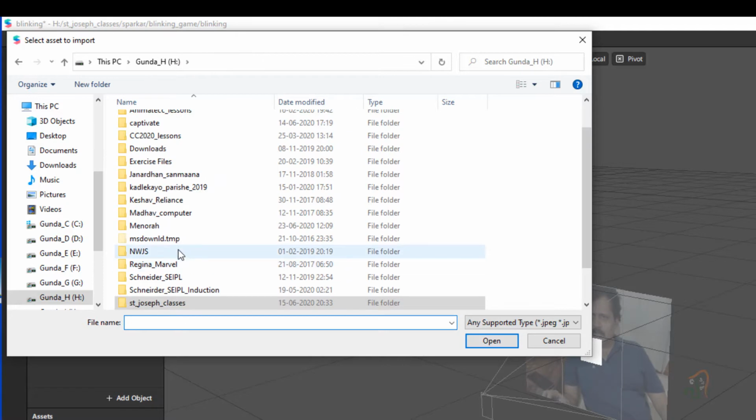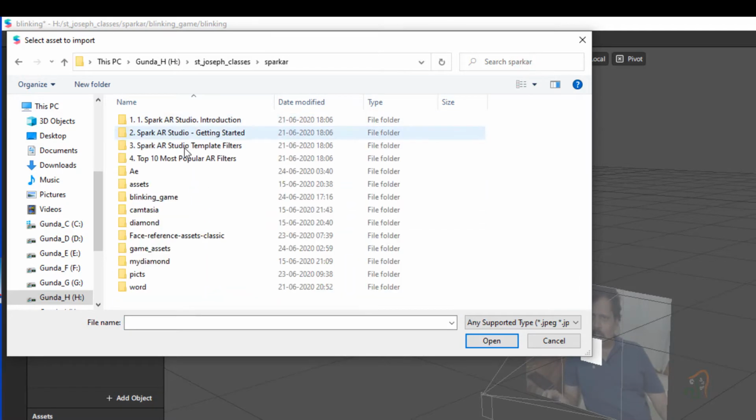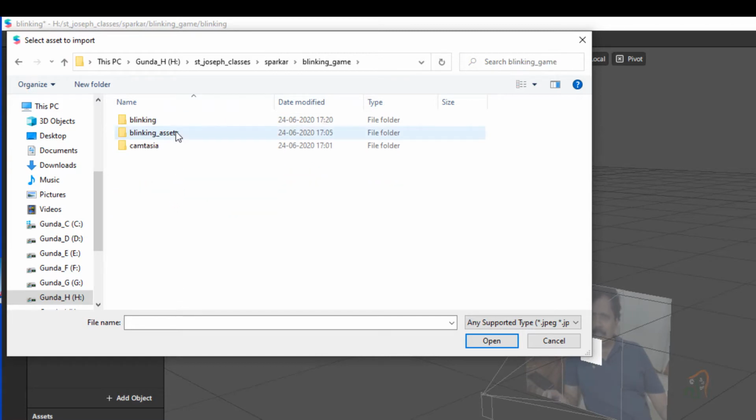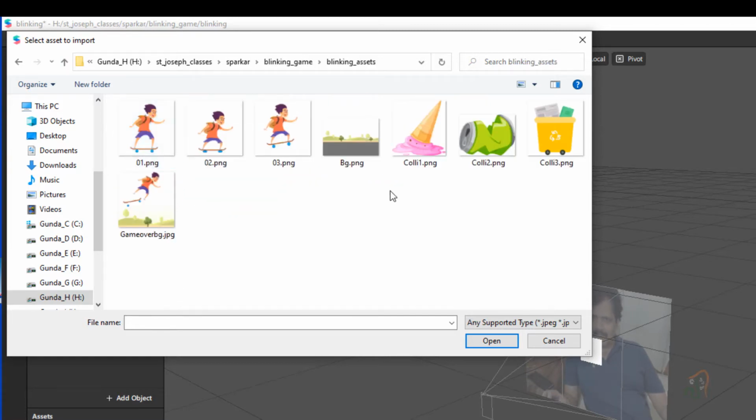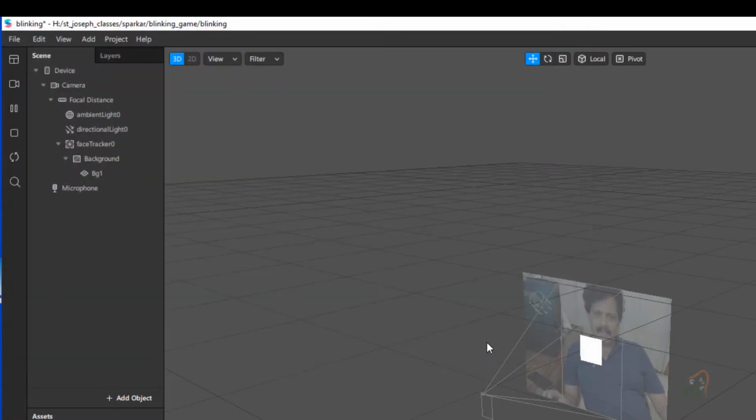Browse to the folder where you have downloaded the blinking game assets, and in that you have one file called bg.png. Select this file and click open.